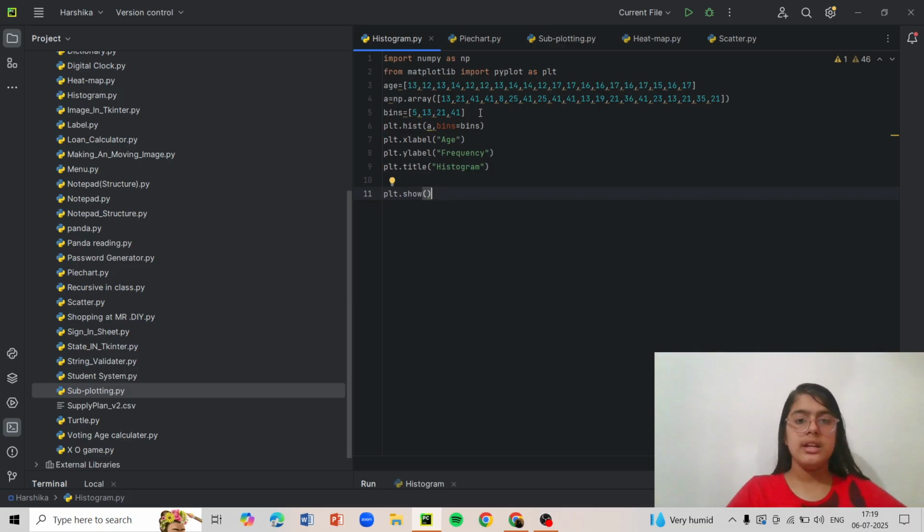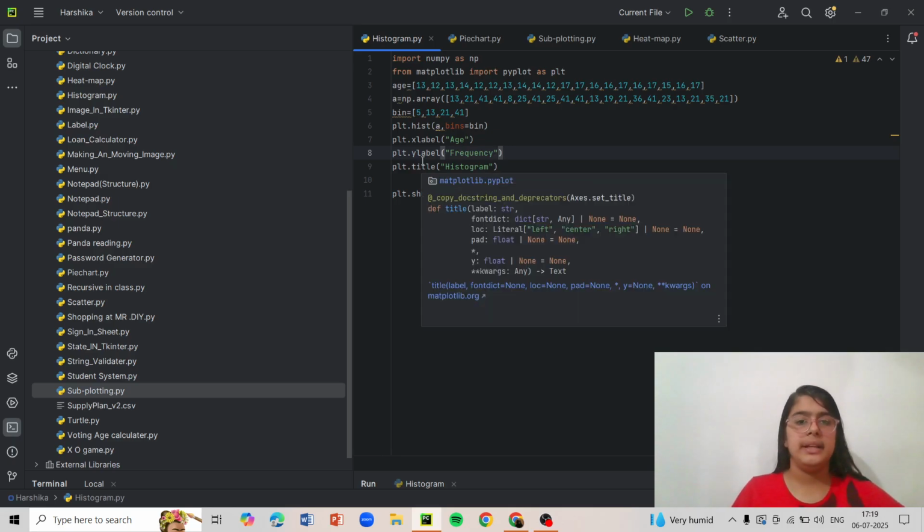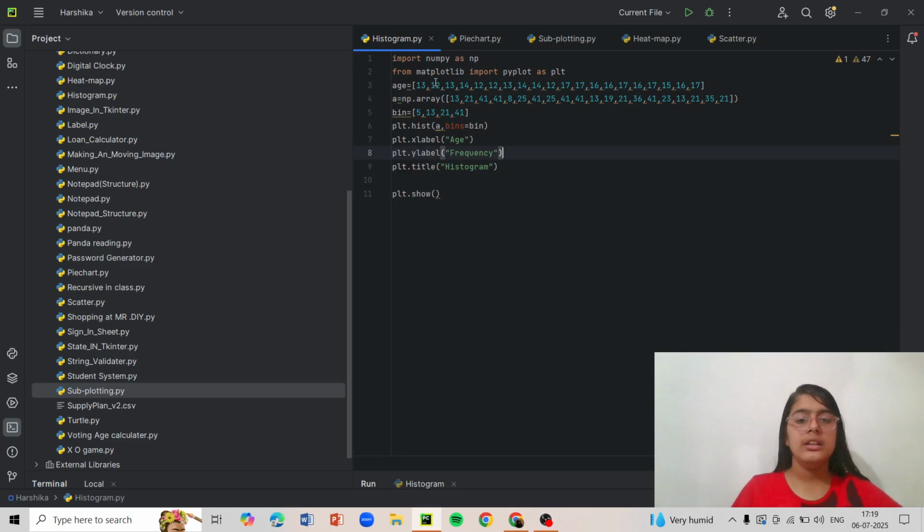Now what is bins? I have created a bins list. You can also create a bins array, and then you can give it any name. I can write bin, but then here I'll also have to make a change. And then I've written it as an argument when I'm displaying that this is a histogram that we are making with this array. As you can see, I've not used the age list over here. I've just shown it. And then we have bins equal to the variable that we have used.